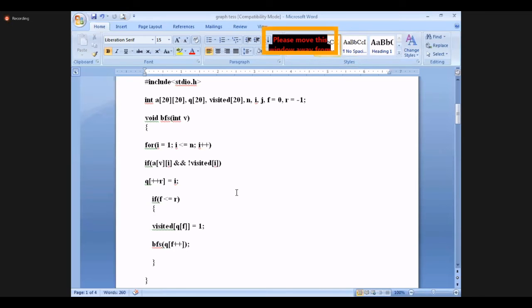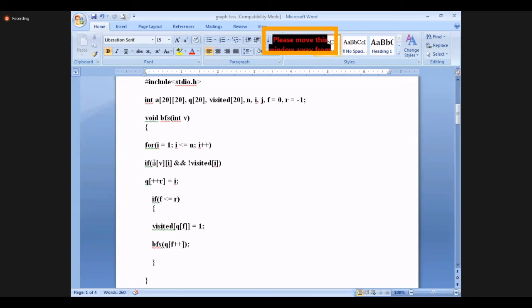BFS will pass which vertex we are going to. So we indicate the starting node. From the starting node we'll start, keeping the adjacency matrix in mind, and then we'll start with the first row. V is the row of the node. For example, it is the fourth node, and from the fourth we'll see what is there, like 4 1 2 4 0 1 2 4 1 2 3.